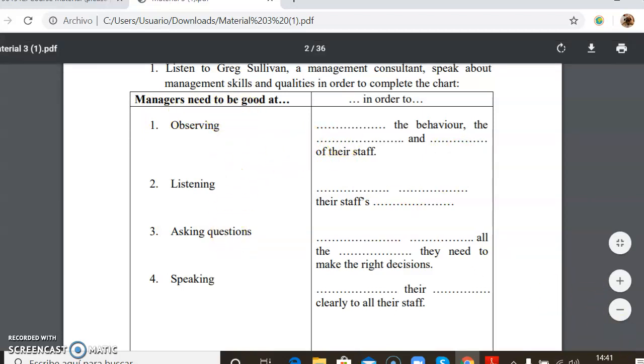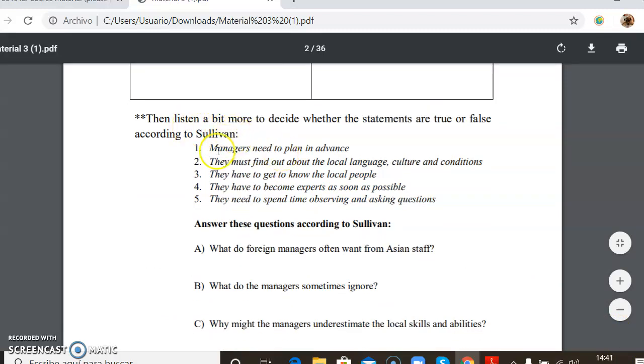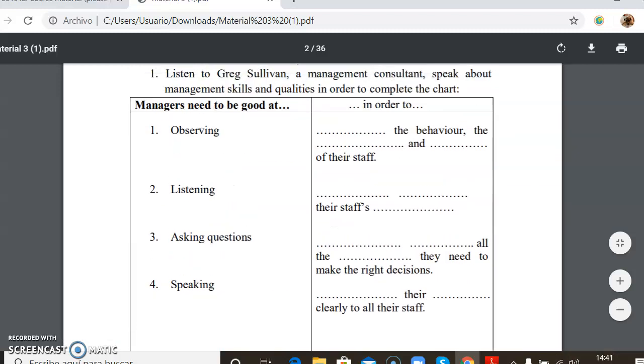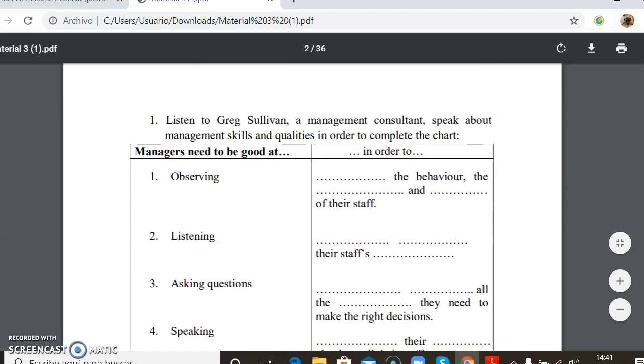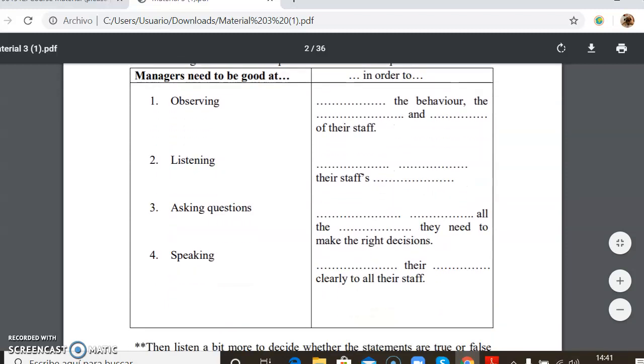So you fill in the information in the chart, and then listen a bit more to decide whether these are true or false according to Sullivan, and then answer the questions according to this person. So I'm going to read this, and you can then listen to it as many times as you want to understand what I'm going to say. Okay, first,